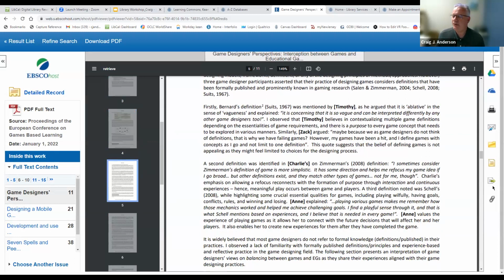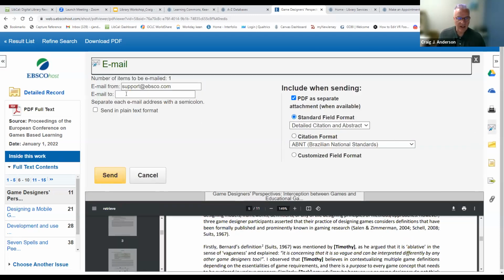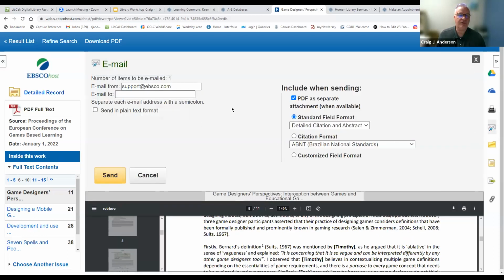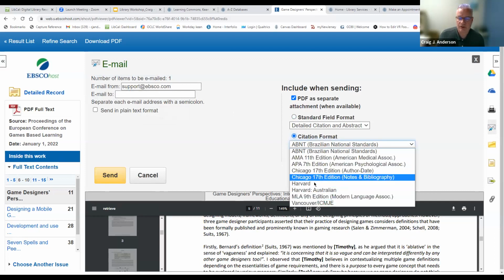And then over on the side here, there are all these other little icons, if I wanted to print this out, if I was connected to a printer. I can email this article to myself. And you can email it to any kind of email address. It doesn't have to be a Kean email address. But one of the great things about emailing this article to myself is that I can also include the citation in APA or MLA or Harvard or Chicago style standards.